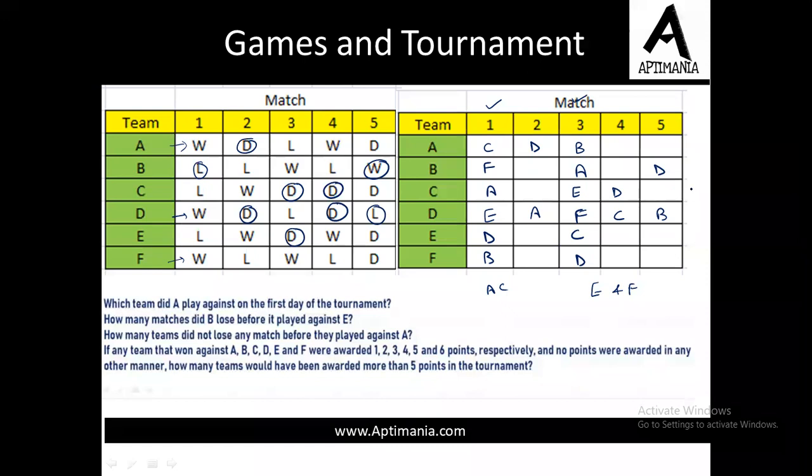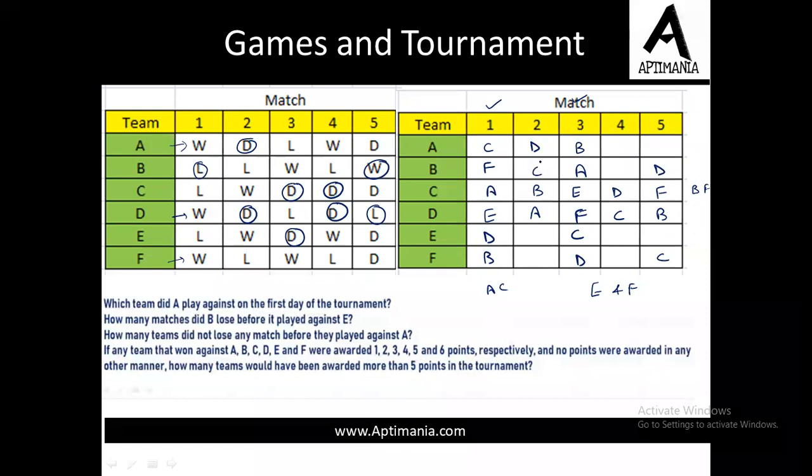Now in this particular row of C, we need to fill two more values, and the values are B and A, B, C, D and F, right? Now we cannot fill B over here. Why? Because we have already used B in column 5. So B must be over here, और B यहाँ पर आ जाता है, so here we are left with only one option, that is F. Now if on fifth day C has played with F, so F must have played with C, and here if C has played with B on second day, so B must have played with C.